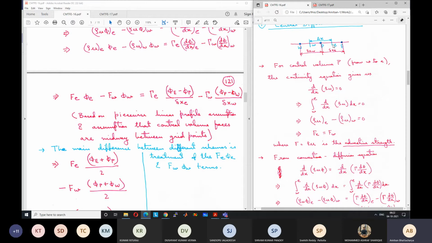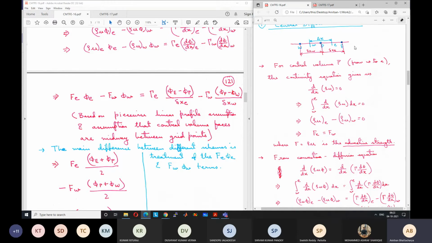Rho can be interpolated at these points using linear mean. Rho is known at P and the neighboring points. Similarly, u also can be interpolated at these points based on known u. What was the problem statement? U is given to us, rho is given to us, gamma is given to us. So gamma can be interpolated. All these are given to us at the central points.